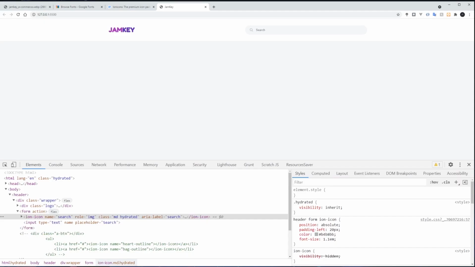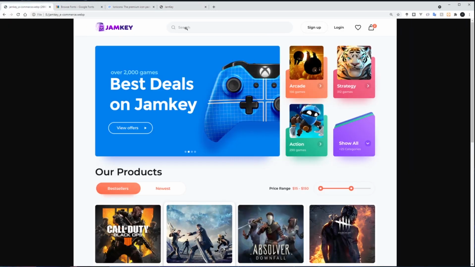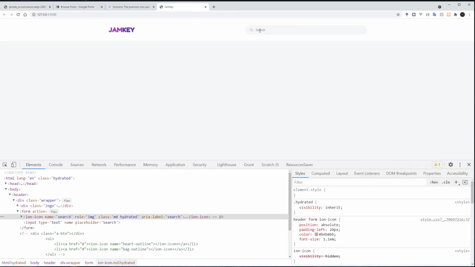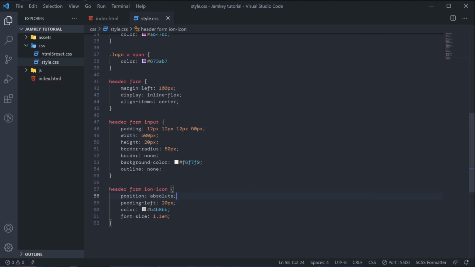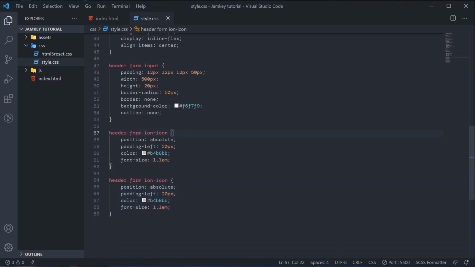So we'll see. If you look at the original design, you see this search here is faint, meaning we need to target this placeholder that we need to work on. So what I'm going to do, I'll just duplicate this one, then I'll delete the icon here.